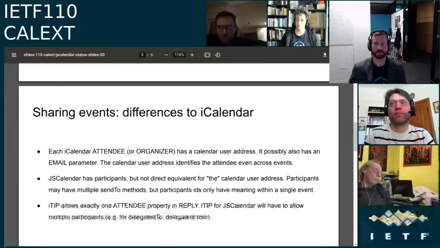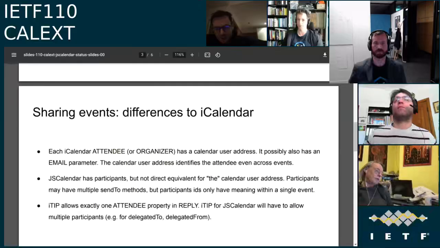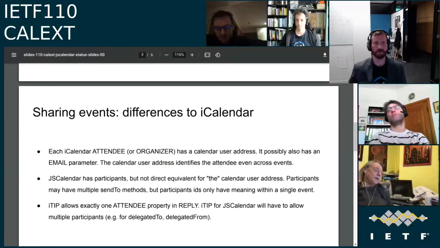That's fine. Or sorry, it's very late here and I'm not being very good. Yeah, I get what you mean. So it's about using JS Calendar as a payload in ITIP. That's what I meant. Yes. Which is presumably the aim of all this.